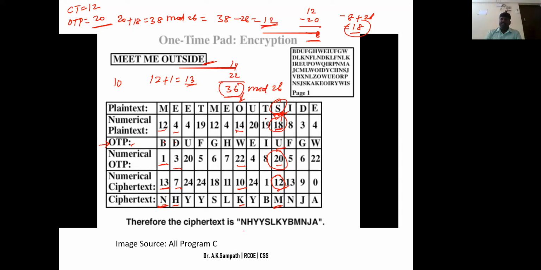So under this topic, we discussed many encryption techniques. The first one is the Caesar cipher encryption technique, and the second one is the generalized or modern Caesar cipher encryption technique. Also, we discussed the affine cipher, then the monoalphabetic cipher, and then the Playfair cipher. We discussed the polyalphabetic cipher, and finally we are completing with the one-time pad, right? So with this, we are completing the substitution techniques.